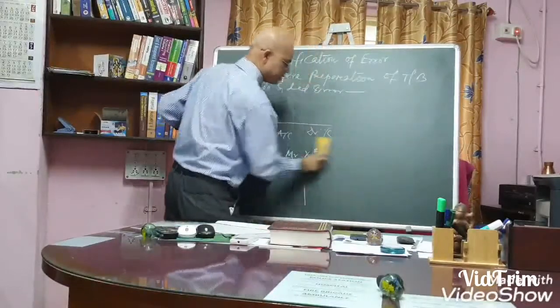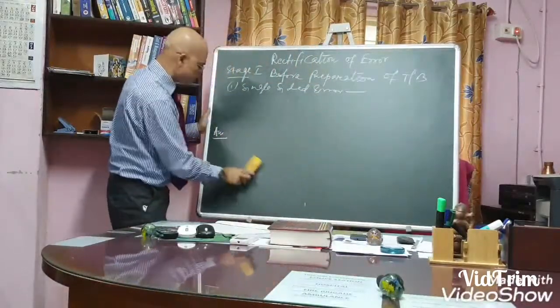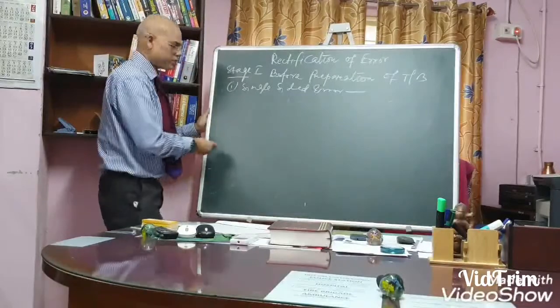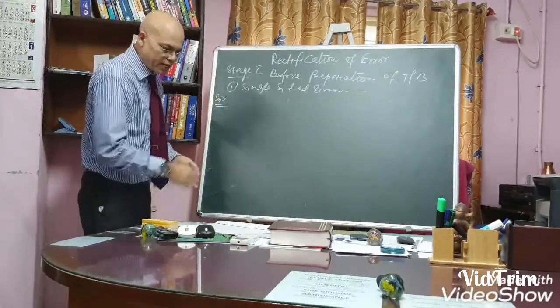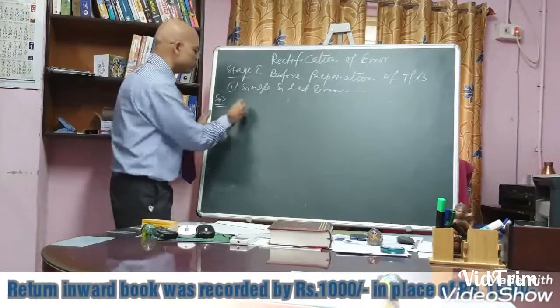Here also a suitable entry we cannot pass, therefore a suspense account we cannot write. Another example I am giving, example number 3. Suppose the return inward book